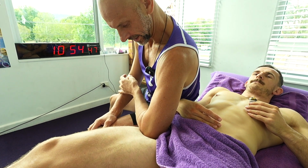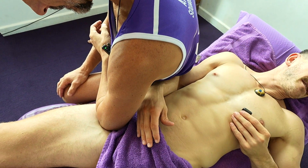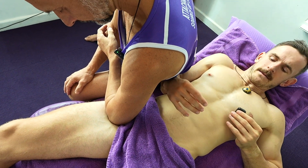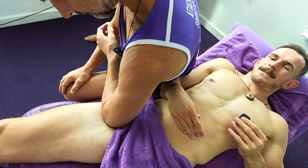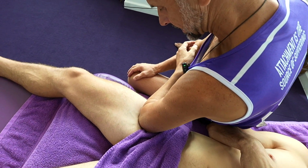So just feeling there, that feels like a good spot for you, Jace. It does feel like a good spot. Bit of extra spice. It's a really important part of the body to have working well,